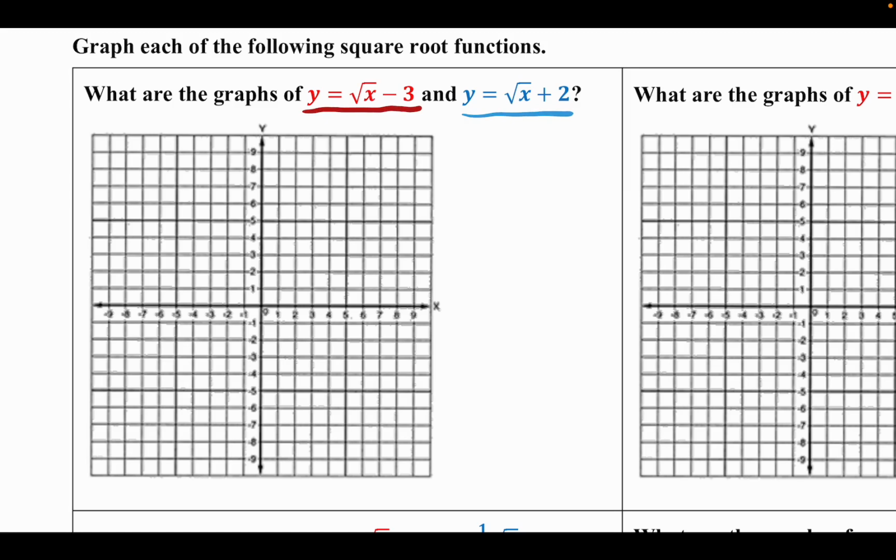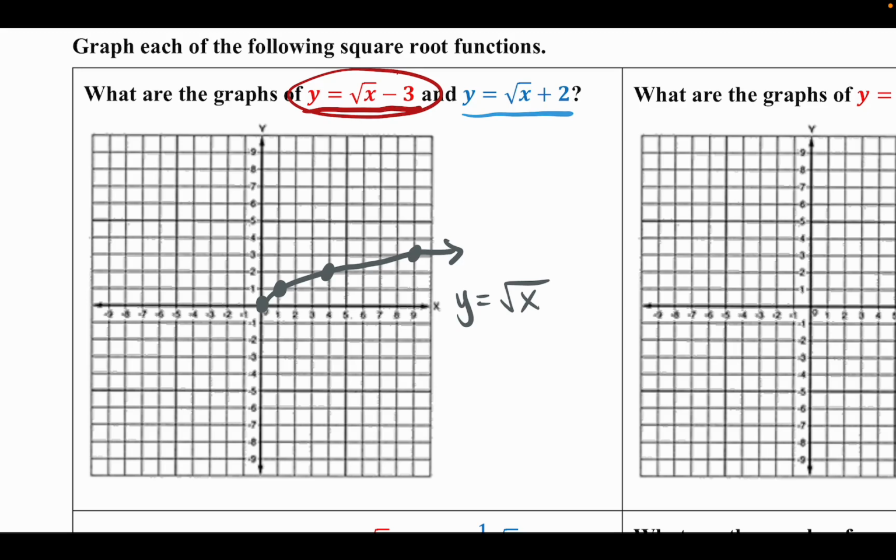So just for reference, I'm going to first graph the parent square root function, y equals square root of x. What we know that to look like is the following. You'll have these points because we know that the square root of 9 is 3, or the square root of 4 is 2, the square root of 1 is 1, etc. So we get this kind of hook shape, a half parabola turned sideways, right? Okay, so this graph right here in the red text is y equals the square root of x,